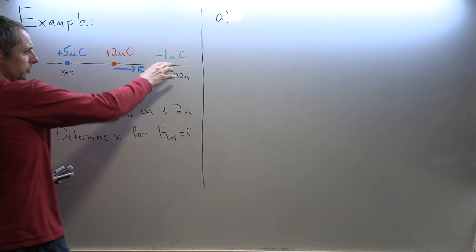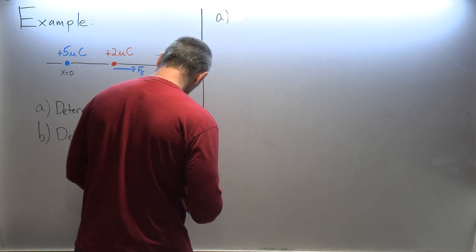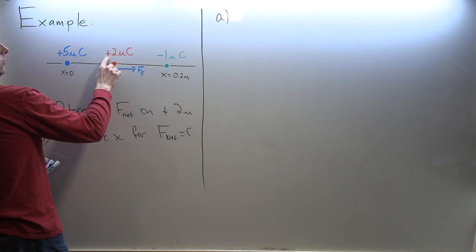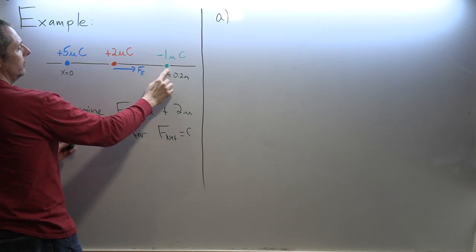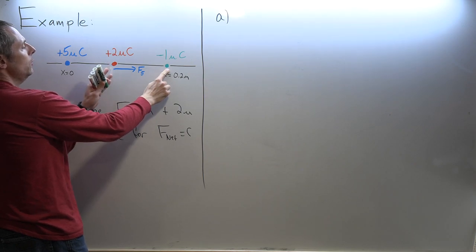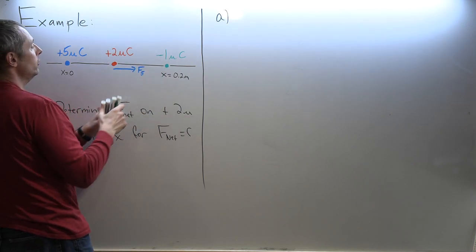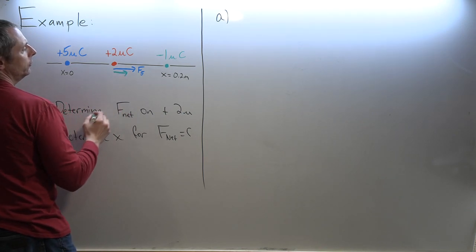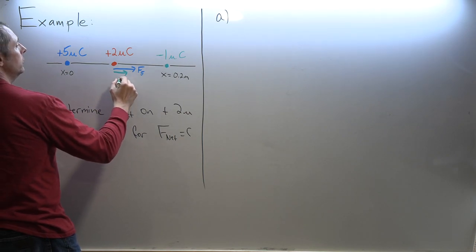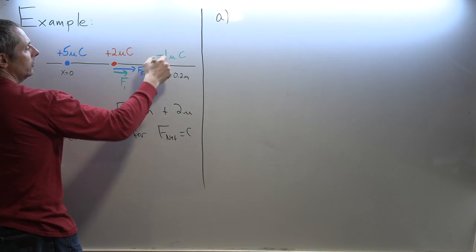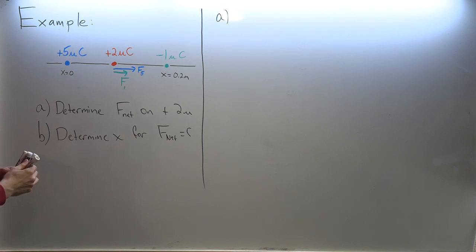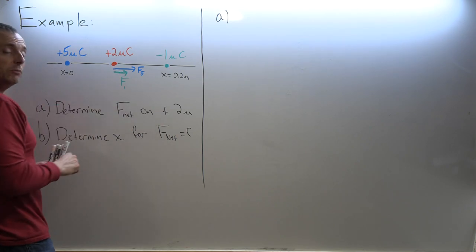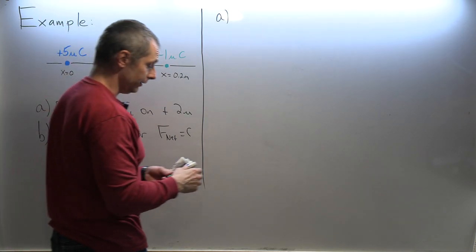And then this charge over here is negative and this is positive. Opposites attract. So this is attracting this one, and attracting it means it's pulling it to the right as well. So it pulls it with some lesser number of newtons. I'm going to call it F1 because this is a 1 microcoulomb charge. So these two forces are in the same direction. I need to find them so that I can calculate the net force.